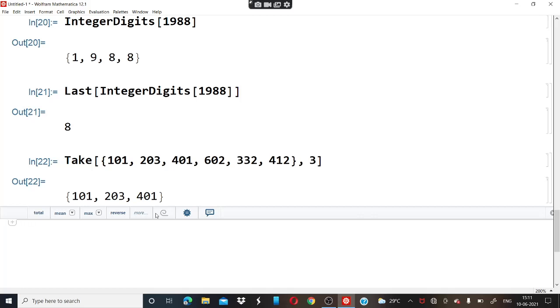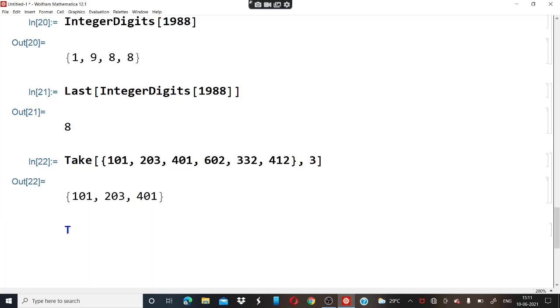Now let us give a difficult question. We don't know how many integers are present in 2 raised to power 100, and we want its first 10 elements. How are we going to find it? Here you can find the use of everything I have taught you.